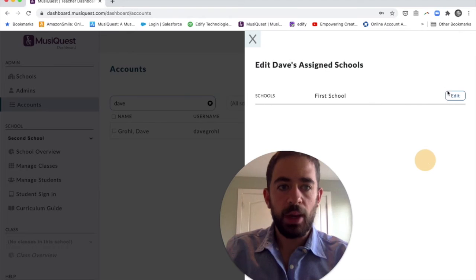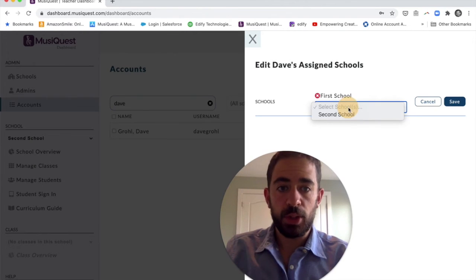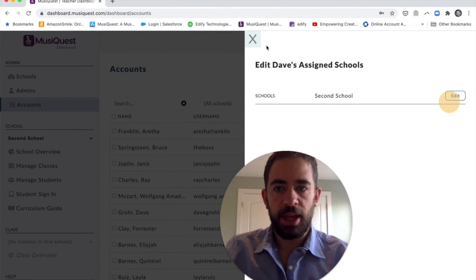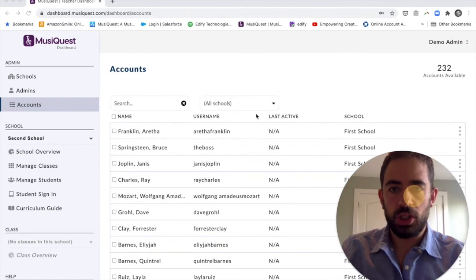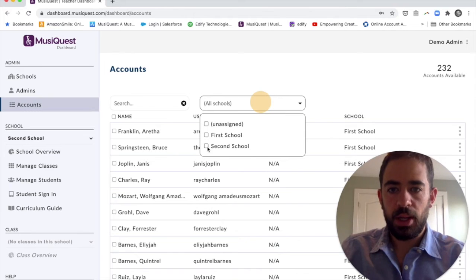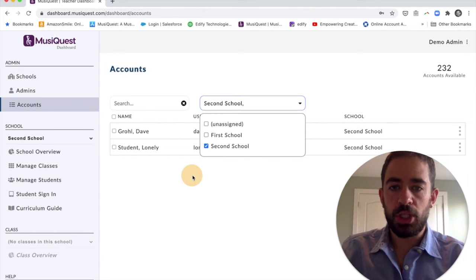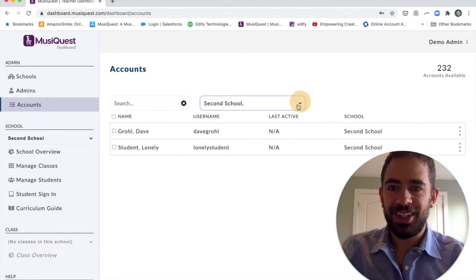I could also edit which school he's a part of. So let's say that he moved between schools. Second school there, first school off, save that. Now, Dave is going to show up when I toggle on second school, which is going to show me just the students in this second school. It turns out it's Dave and a lonely student who now has a friend, so I'm sure they'll get along